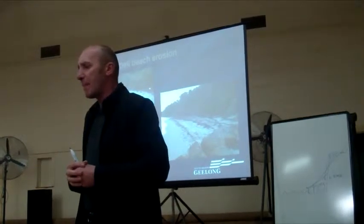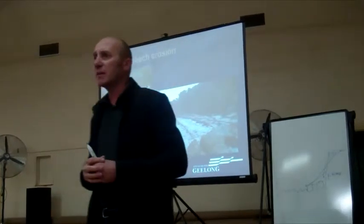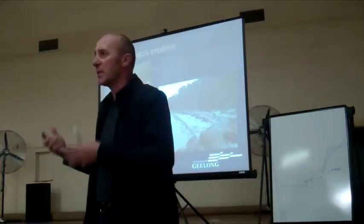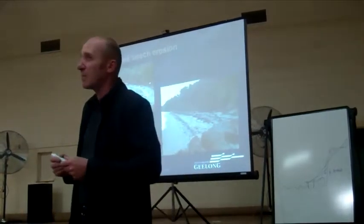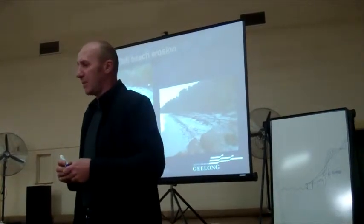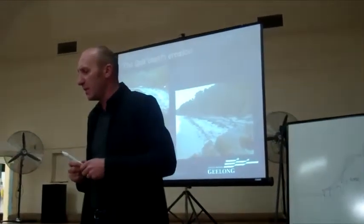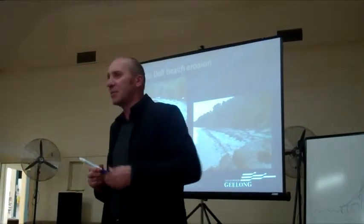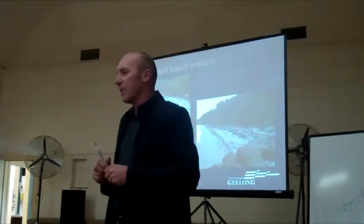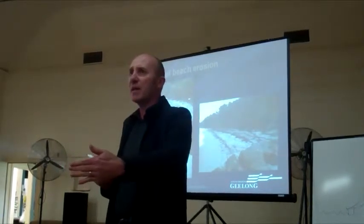So some sand came available from Point Richards, and Bellarine Bayside basically offered us that sand if we paid to load it and cart it away. It was sand that was dug out of the boat ramp, which they need to do probably about 4, sometimes 5, 6 times a year. So we opportunistically took that sand and took it down to the Dell. We didn't place it on this beach. We didn't have money to take machines around the corner and do it to a prescription, but we're fairly confident that if we placed it adjacent to the lower car park,